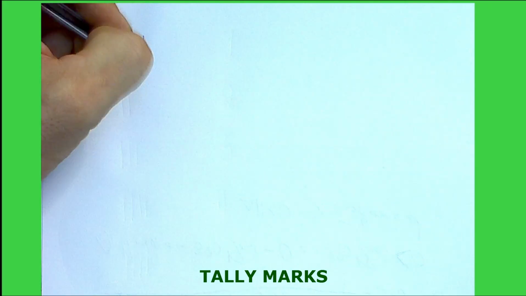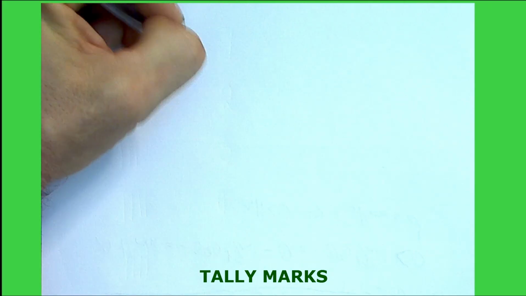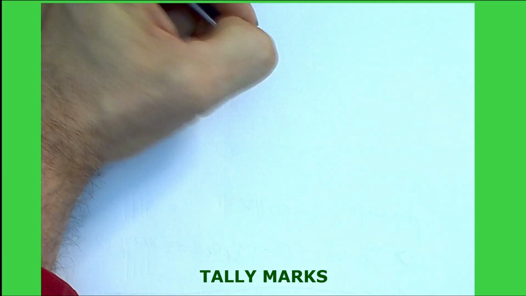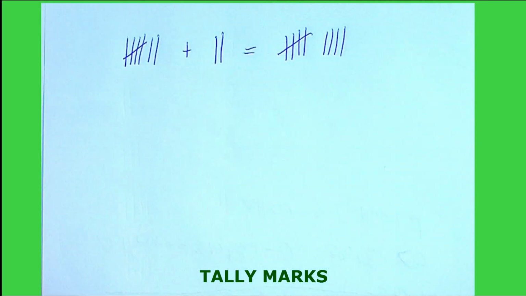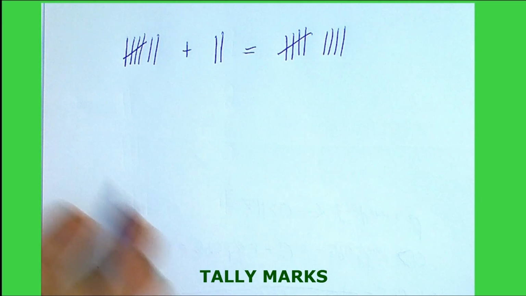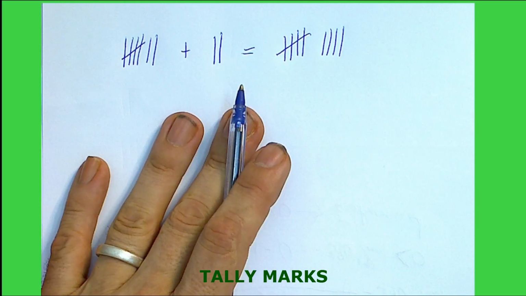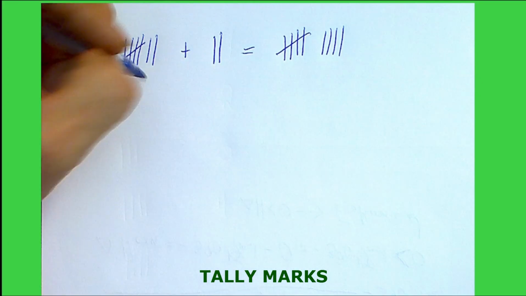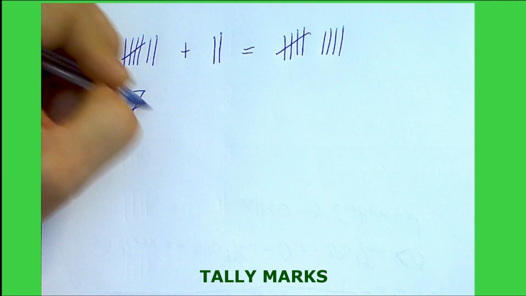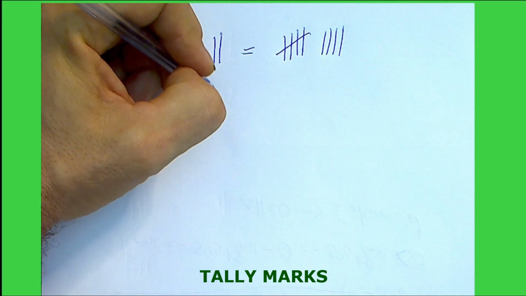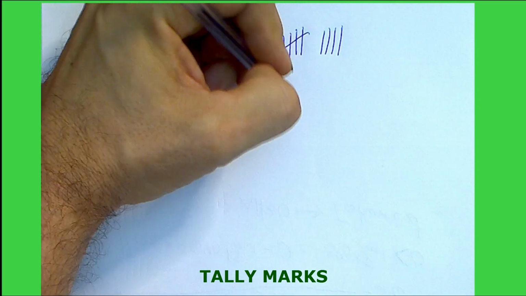You find many kids, you say, what's 7 plus 2, and they spit out 9 really fast. But then when they even have to draw it out here, 7 plus 2 equals 9, that becomes more challenging for them, when in fact it should be the opposite. This should be the easy part, and putting it into number form should be the hard part, because if this is the easy part for them, it means that they really understand the math, and then the process of writing becomes the more difficult part.